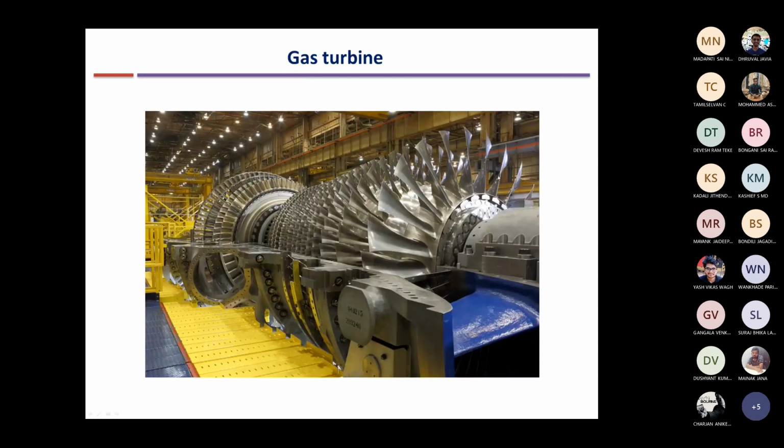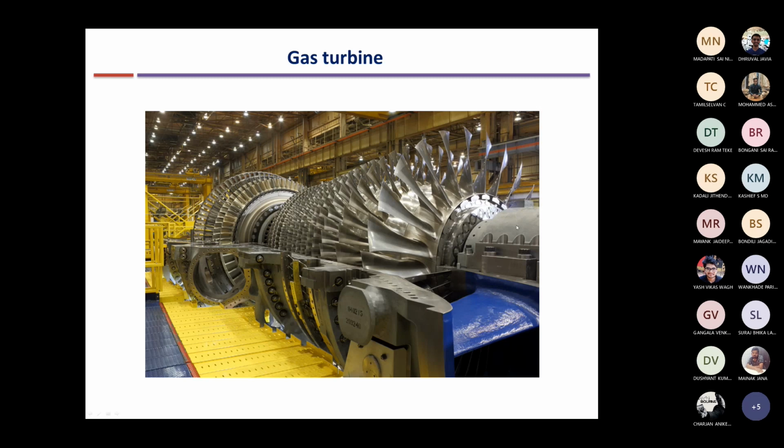You have multiple stages of compressor blades. These are the rotor blades, axial compressor rotor blades mounted on the shaft. So this rotates. In between each set of rotor blades, you will have static blades, which are mounted on the casing, which will not rotate. The rotor blades increase the velocity of the air, and the static blades use up the kinetic energy to increase the pressure. Again, the next set of rotor blades increases the velocity of the air, and the next set of stator blades increases the pressure by decreasing the kinetic energy.